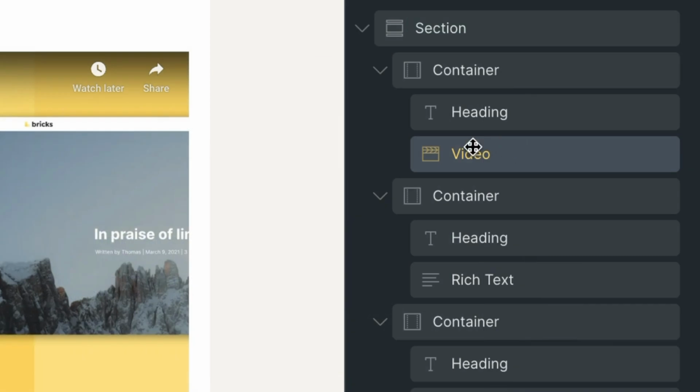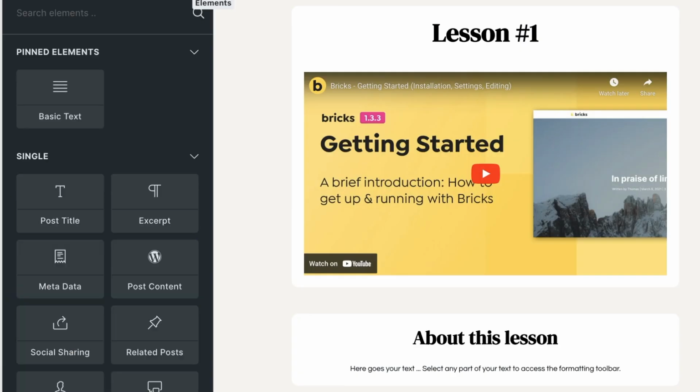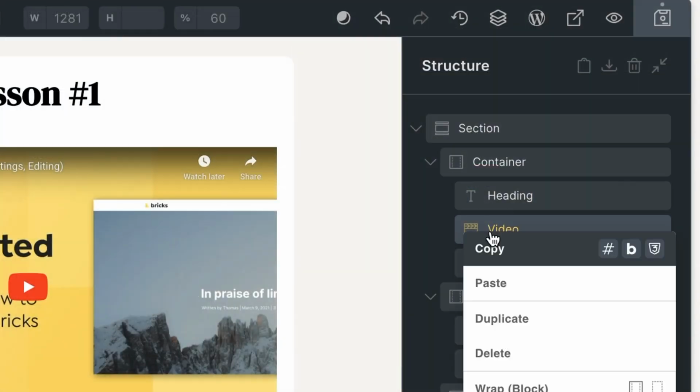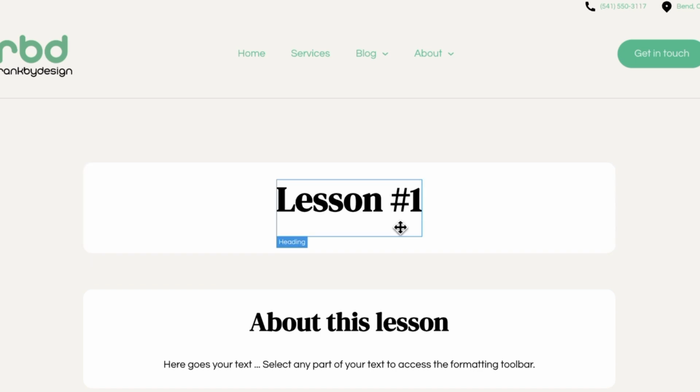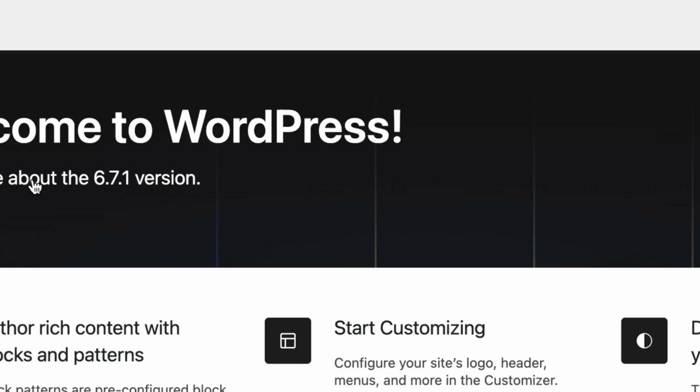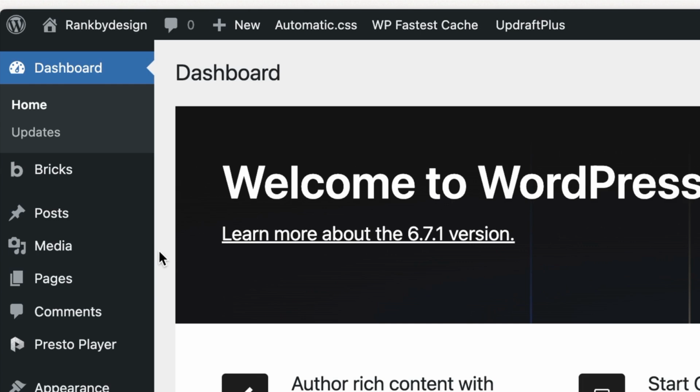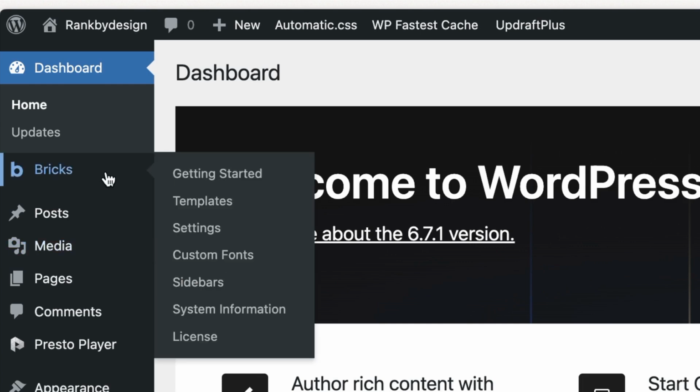And in our video element, we're going to replace this with a WordPress post entry. So we'll come over here, and then we'll choose post content here. Then we're going to delete this. You'll see why in a minute, but essentially there's a video underneath this lesson 1 heading. So for now, let's just save this, and we'll go into our WordPress dashboard,